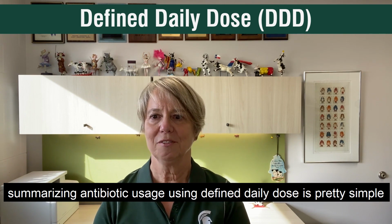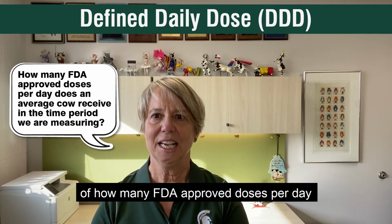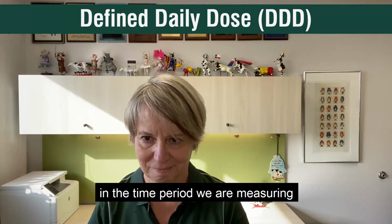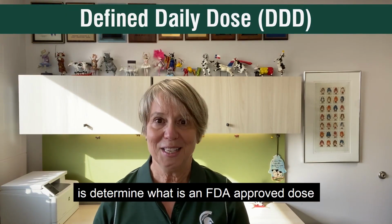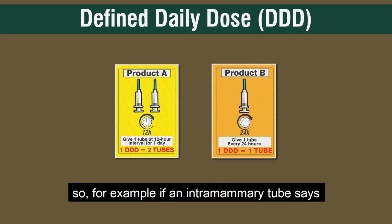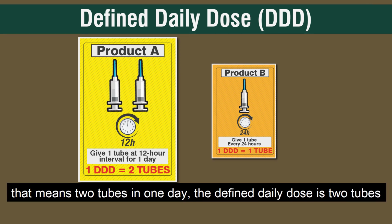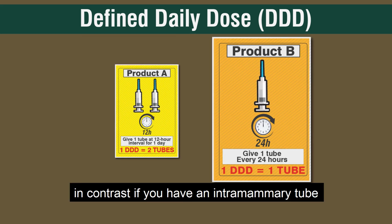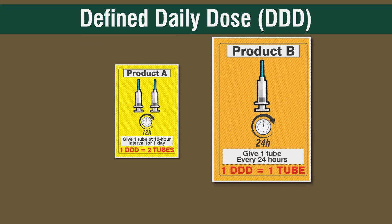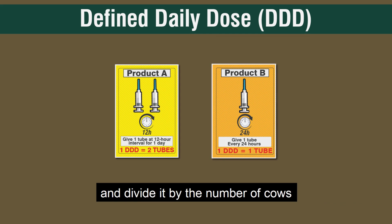Summarizing antibiotic usage using a defined daily dose is pretty simple. It basically answers the question of how many FDA-approved doses per day does an average cow receive in the time period we're measuring. So the first thing we have to do is determine what is an FDA-approved dose, and that is simply the dose that's on the label. So for example, if an intramammary tube says give 1 tube at 12-hour intervals for 1 day, that means 2 tubes in 1 day. A defined daily dose is 2 tubes. In contrast, if you have an intramammary tube that says give 1 tube every 24 hours, the defined daily dose is 1 tube. So we would simply sum up the number of defined daily doses and divide it by the